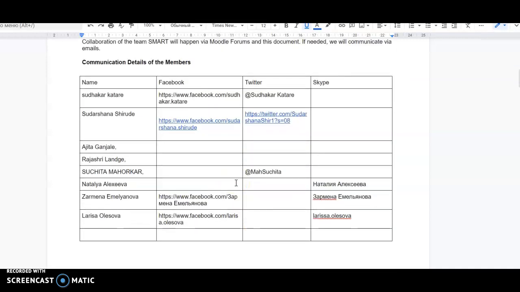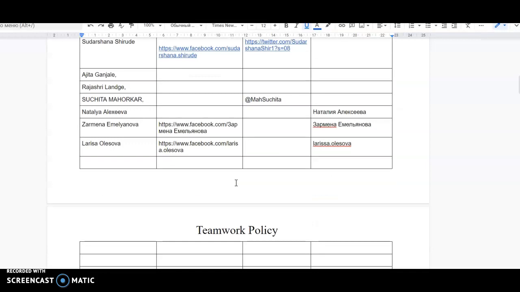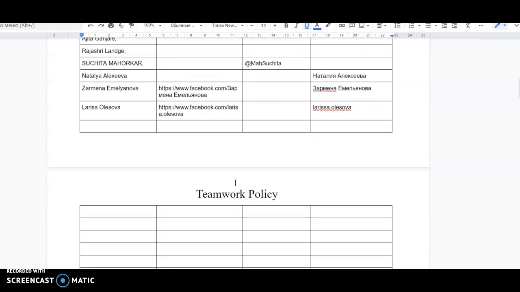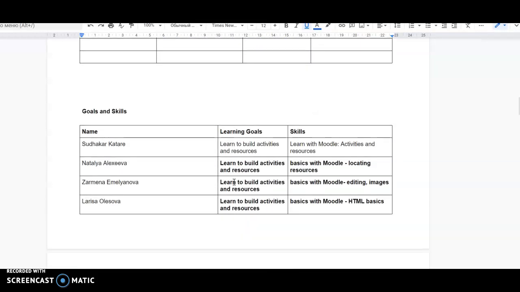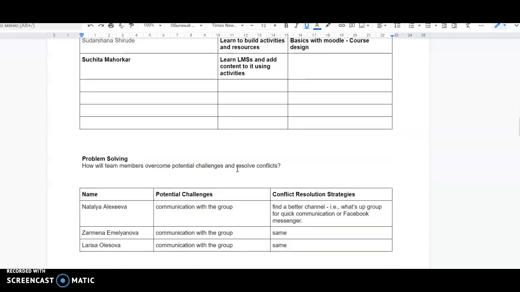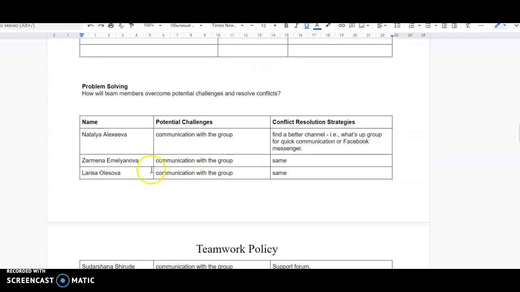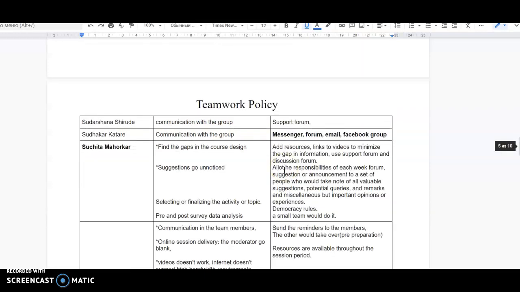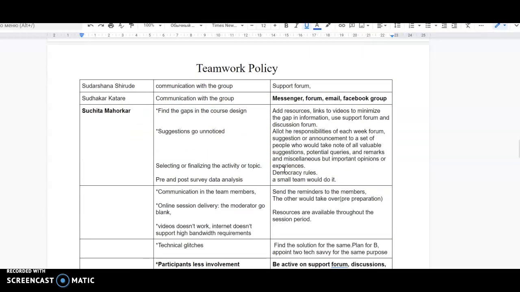details of members of our group, our team. So also the goals and skills, then problem solving, where potential challenges and conflict resolution strategies were mentioned. So the policy,